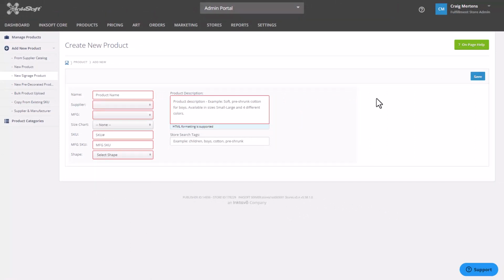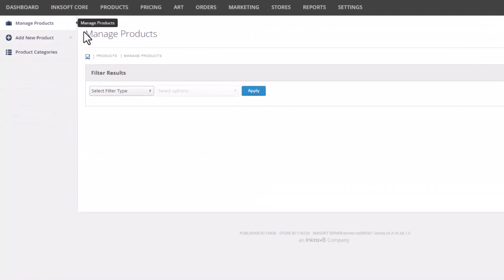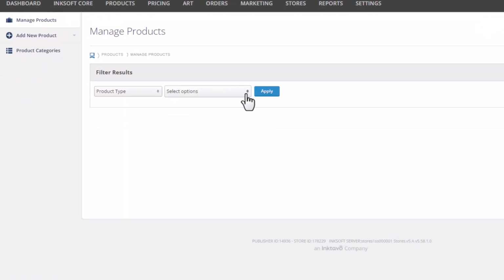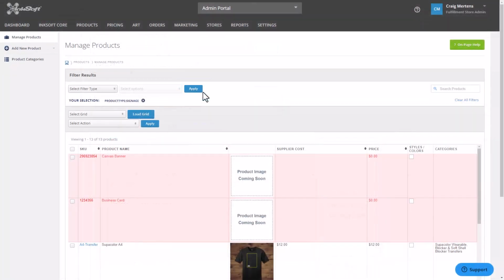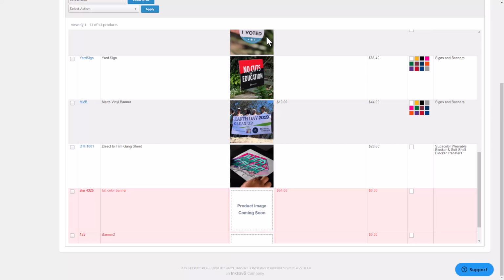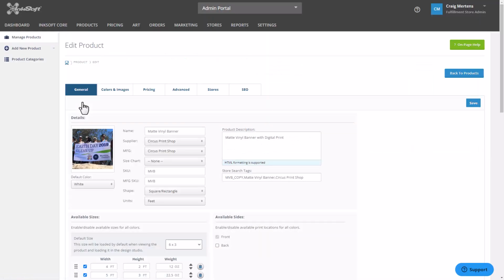I'm going to go to a product that I previously created and talk about all the different settings and the way you would configure a signage product. I'm going to navigate over to Manage Products. Under the filter, I'm going to select Product Type, and then I'm going to choose Signage from the dropdown, and then Apply. So what you see here is a list of all the signage products I've made available for my InkSoft stores. We have my decal layout here, my yard sign, my banners, as well as my gang sheet for direct film transfers. I'm just going to click on the banner layout, and here's where you'll see the general details